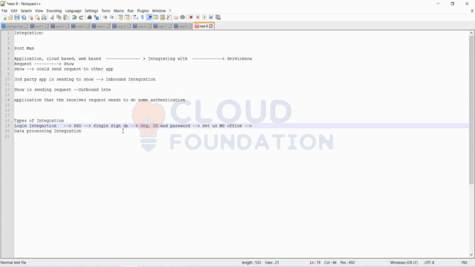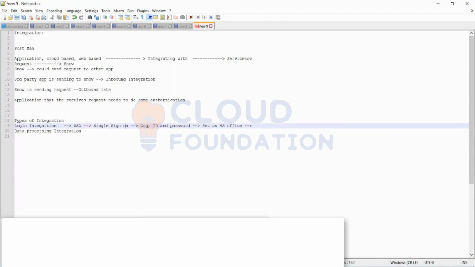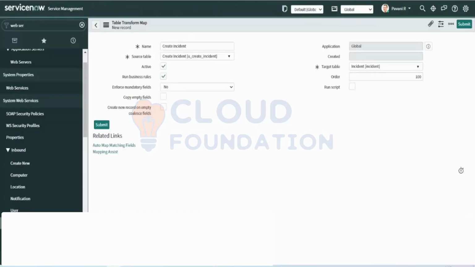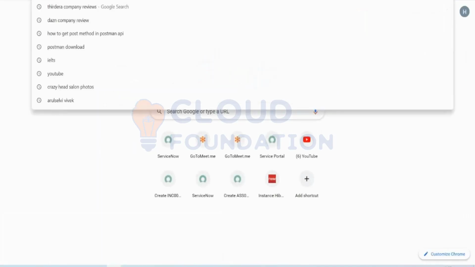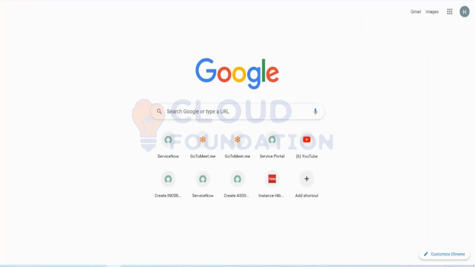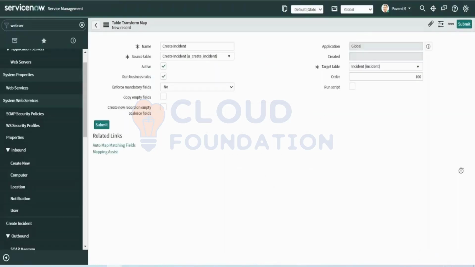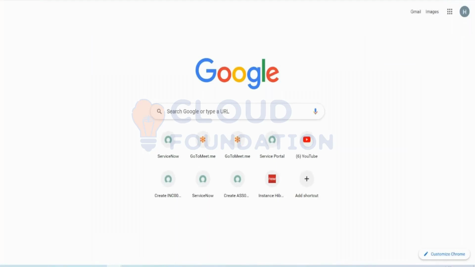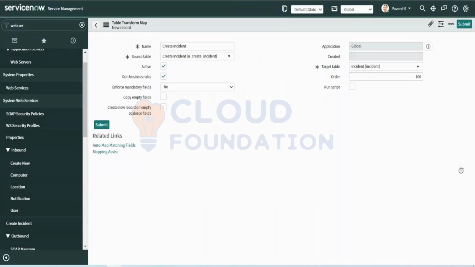Even when you're accessing the ServiceNow instances, you don't put a login ID and password. Let's quickly see what will happen here. I would have shown you how I am accessing the instance, but I cannot show that.